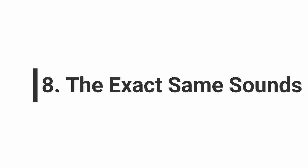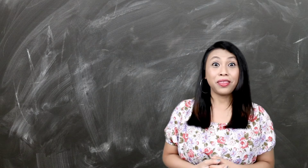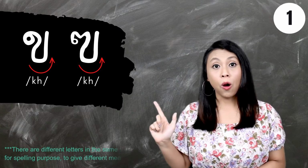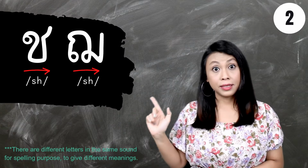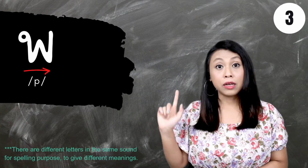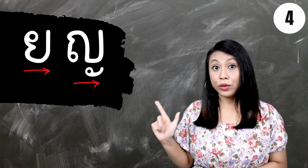the next trick is the exact same sound so there are some letters in Thai language that have exactly the same sound and they are the first one ขอไข่ ขอขวด the next one ชอช้าง ชอเชอ the next one พอพาน พอสำเภา the next one ยอยักษ์ ยอผู้หญิง